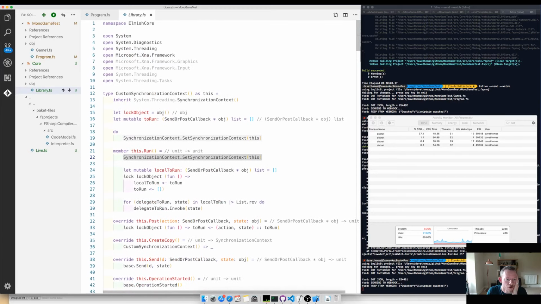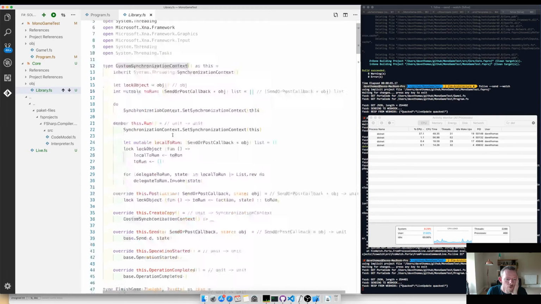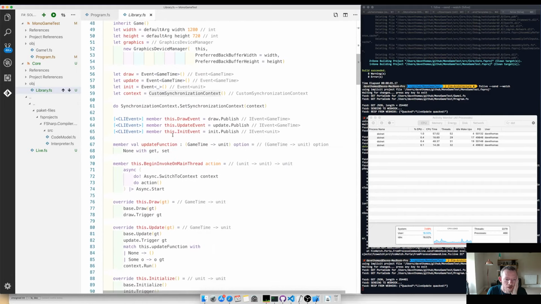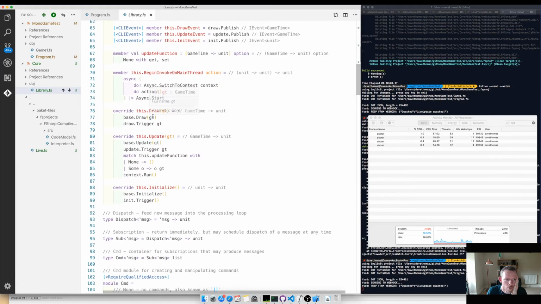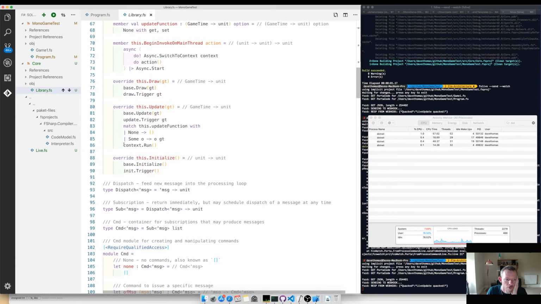So this context is used whenever we need to get back to the UI thread. The context is run in the update loop. So every time the update loop runs, we need the context to possibly run, because